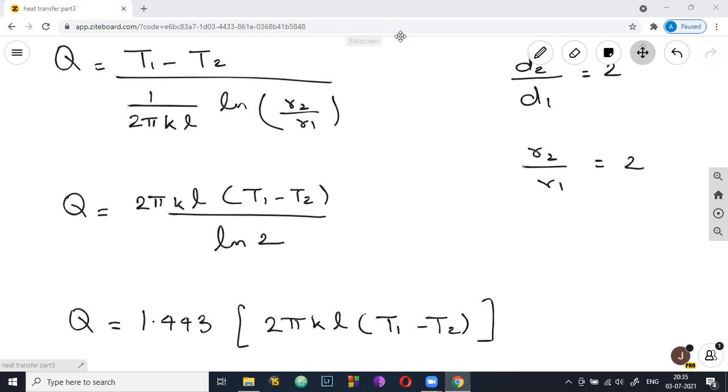Now remember one thing, conduction's 50% is over. Of your conduction, 50 to 60% of the questions will be asked from the topics that I've discussed up to now. The topics that I'm going to discuss tomorrow may not come every year. They may come or may not come. It's not always guaranteed. But the topic that I've discussed right now will always come as at least one question. So the important part I have already finished. I'm going to the second portion to cover up the syllabus. So are you following the nature of the topic?